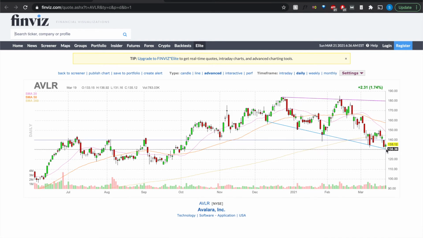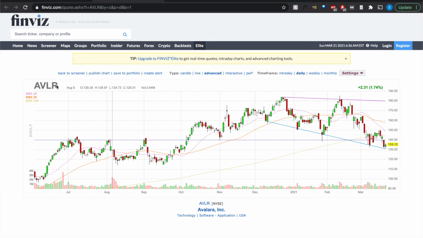But end of the day, if this goes back up above 140, then we can be certain that in spite of all the downward pressure that the bears could put in, they were still not able to move the price down, and it's come back up. So this is definitely a pretty strong support level,